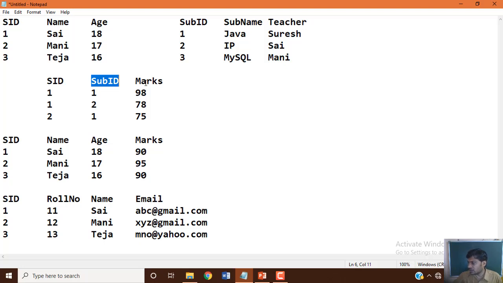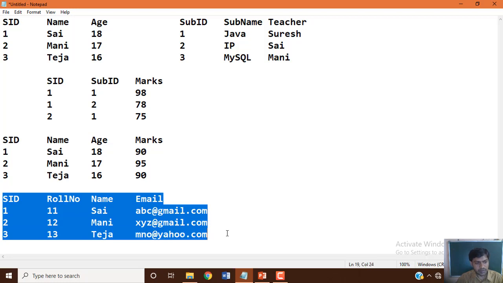Now we know primary key and foreign key, then the alternate key which you want to check. For that, take this example: student ID, then roll number, name and email. Student ID is unique, which is also called a candidate key.